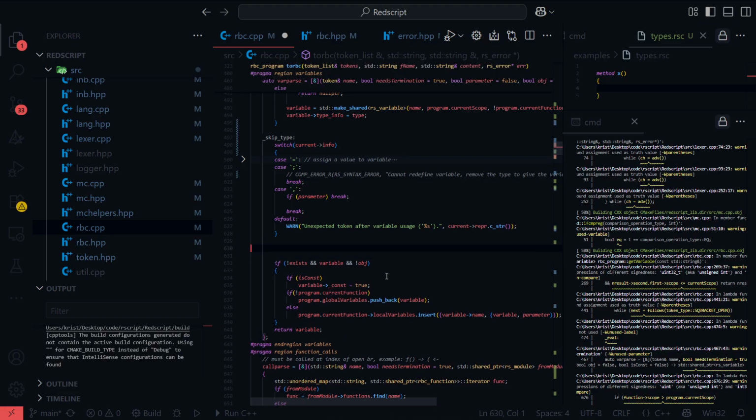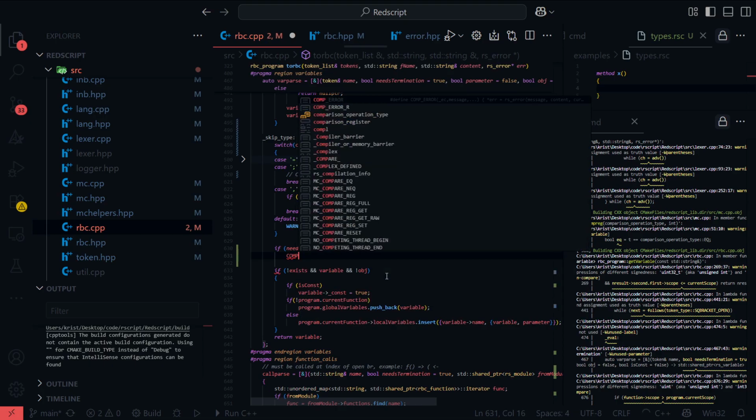I can just put that down here, I guess. If needs termination and current info doesn't equal a line end. No, sorry, current type does not equal token type line end.